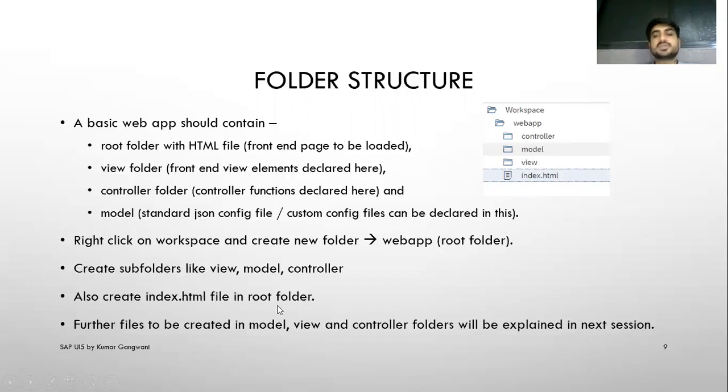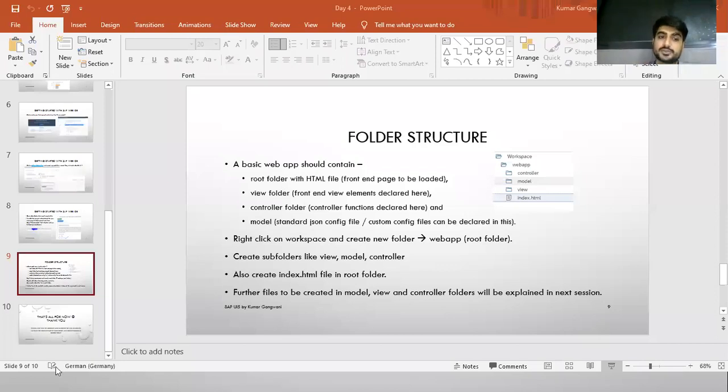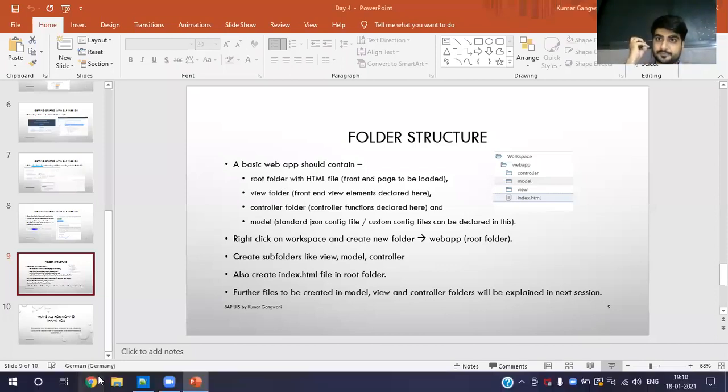You can just put your index.html file that we had in the last session and see if it runs. It should. What files are to be put in model, view, and controller, and how to access them from index.html, will be explained in the next session. All of that is part of day 5.